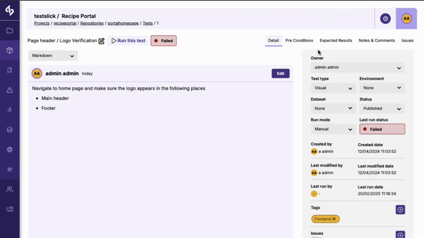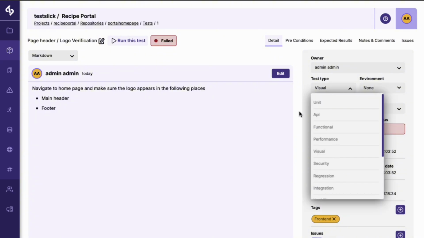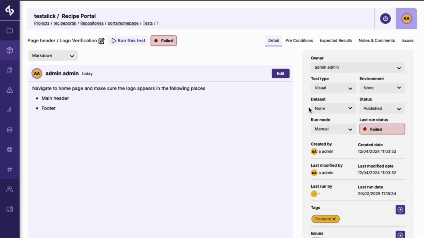So going back to details, there are some properties that you can quickly edit in this page. One is who is the owner of the test, and this will give the right to edit and maintain this test. What is the test type? You can tag different test types to this test. In the future, we want the test type to actually change how we display the test and the options of the tests. You can link an environment, and if this environment is linked, we will use this environment primarily when running this test